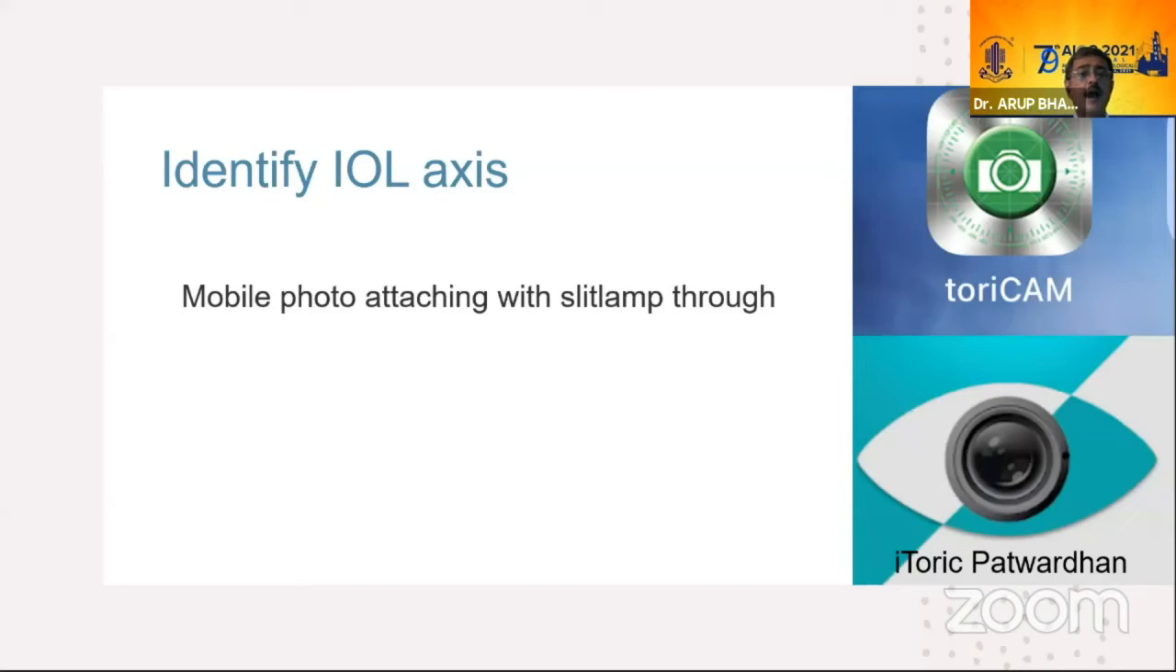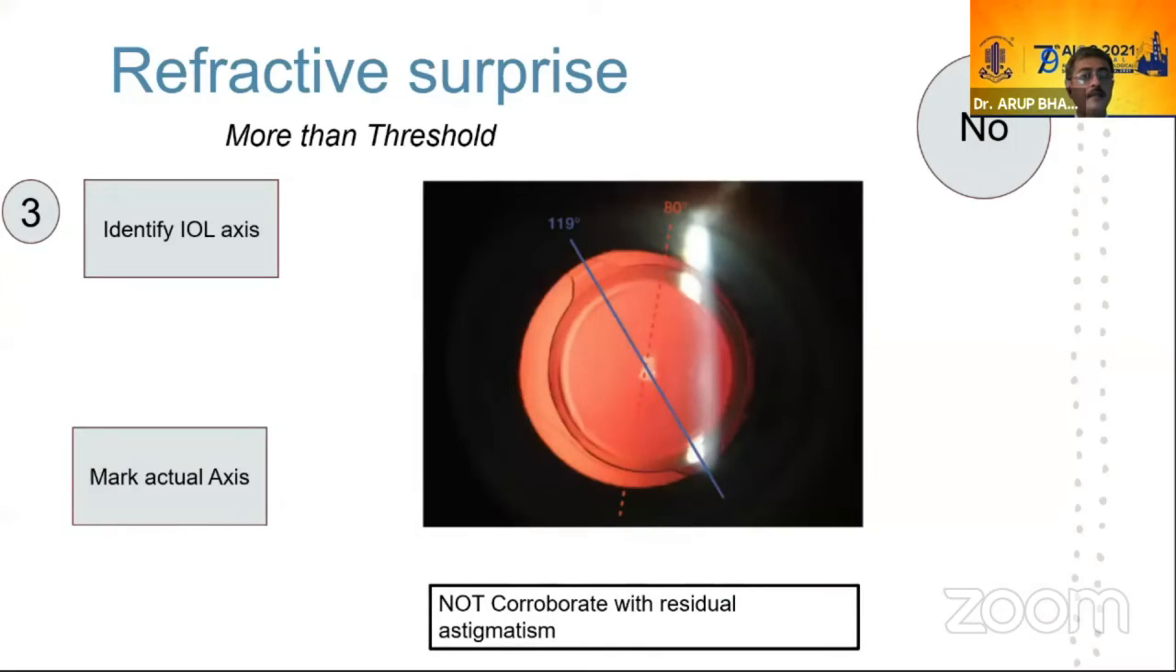You can identify the IOL axis in a mobile app. Already Dr. Shafi described it. You have a slit lamp photo with a mobile phone holding system for the IOL photograph. This costs almost 1,000 or 2,000. You can take a photograph and identify the IOL axis. So now, if the refractive surprise identifies your actual IOL axis marker but it does not correlate with the residual astigmatism,